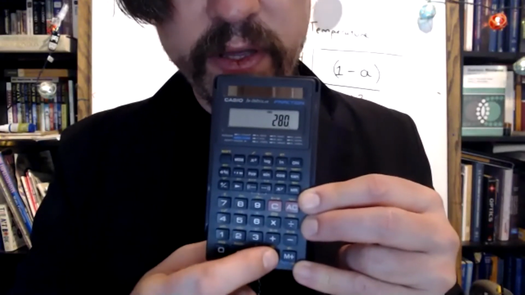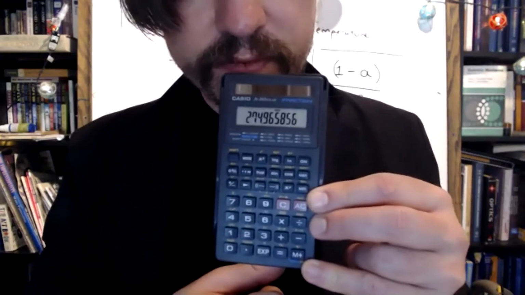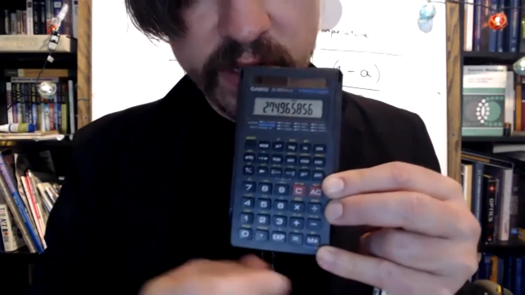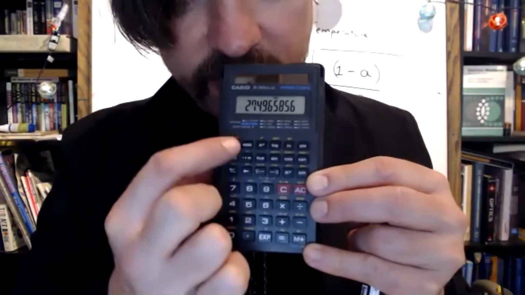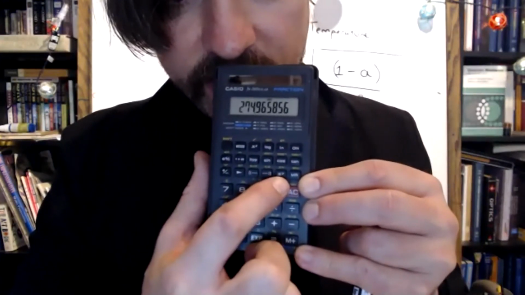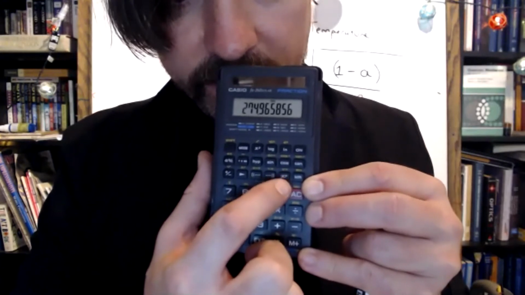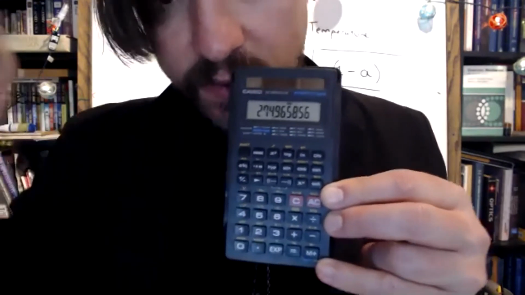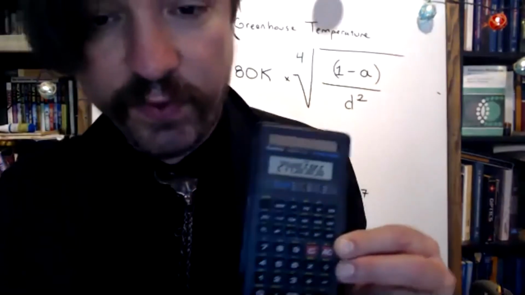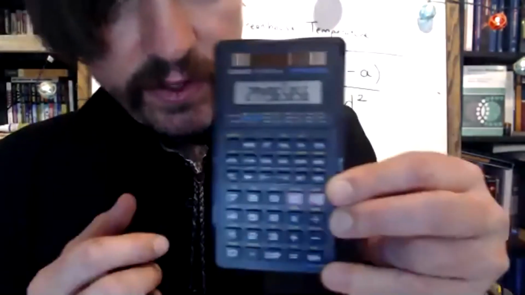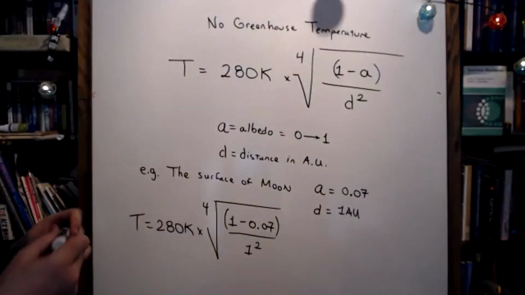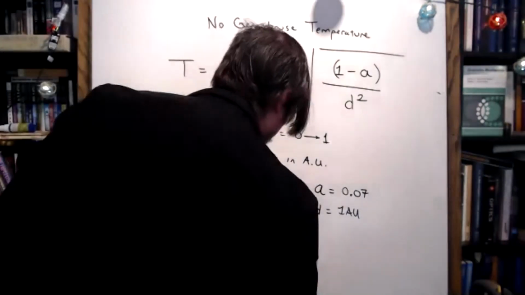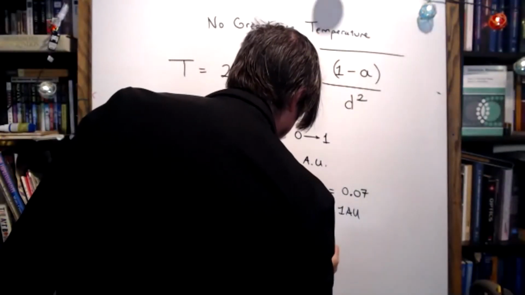What's the arbitrary root button again? Is that X3? It's above the X to the Y key. You have to hit shift and then this key right here. X to the Y. X to the 1 over Y. The fourth root is the same as raising to the power of 1/4. So it looks like I got 275 Kelvin. Now, I don't know about you guys, but that means something to me.